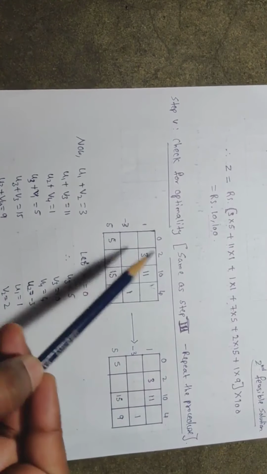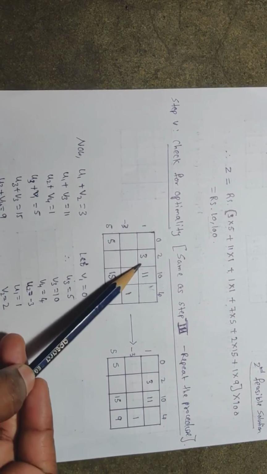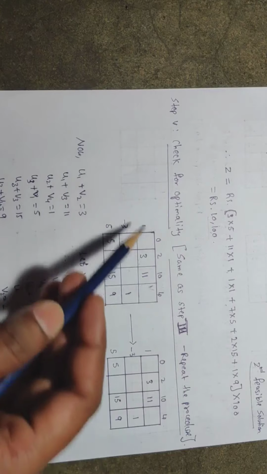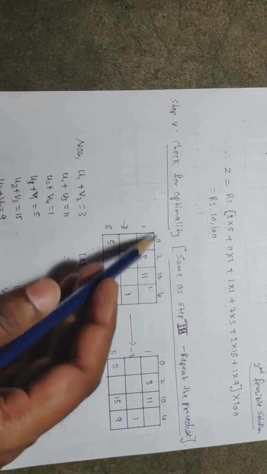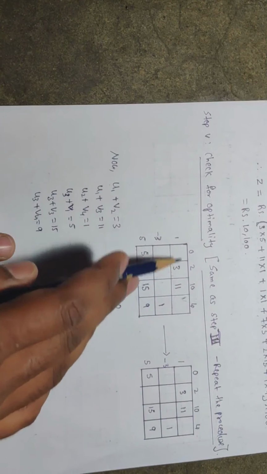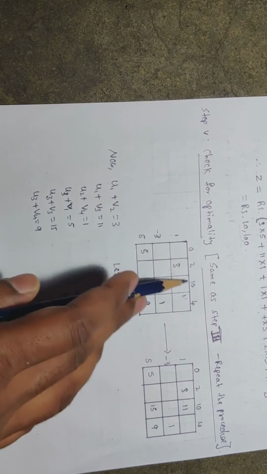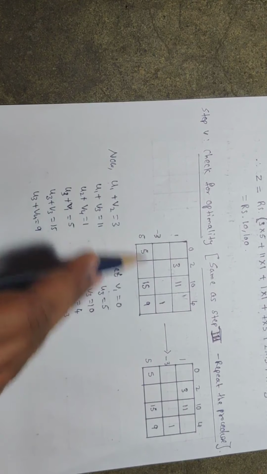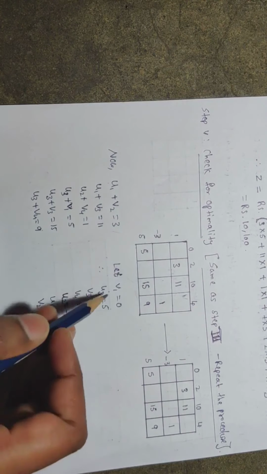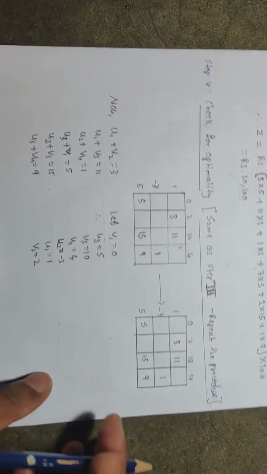So what we have to do? Take the table now. This is the allocated cell cost matrix that I have with respect to the allocated cells. So write the U1, V1, all the values here, right? So check U1 plus, now here the allocated is how much? U1 plus V2 is equal to 3. U1 plus V3 is equal to 11. Similarly continue for all. Put V1 equal to 0 and find out the new values of the variables.